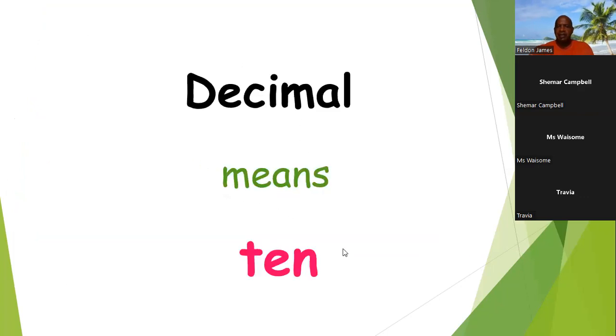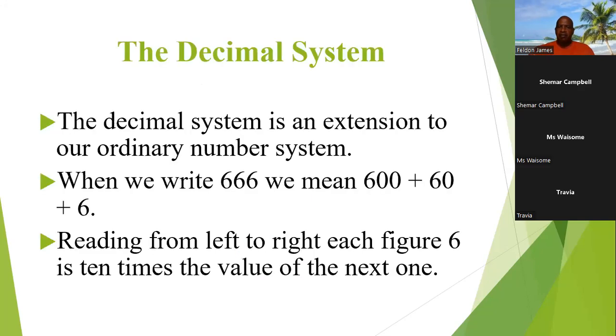So decimal means 10, right? Because we often hear the prefix deci or decade, right? Because a decade would be 10 years. So anything you see with that deci in it would suggest that you're dealing with 10, all right? Now, in a fractional form, when we refer